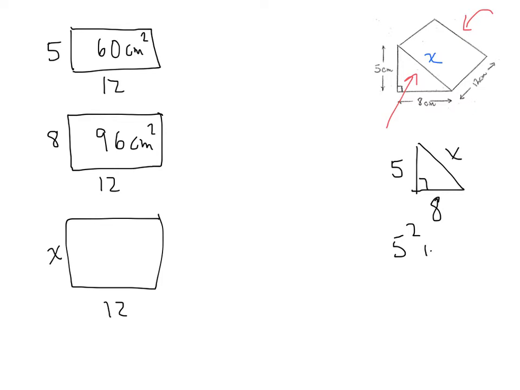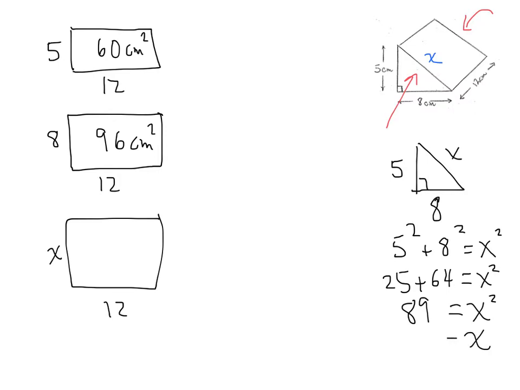So 5 squared plus 8 squared equals X squared. 5 squared is 25, 8 squared is 64, and that's going to be equal to X squared. 25 and 64 is 89, and so X is going to be the square root of 89, which is a number between 9 and 10, obviously. So let's calculate that. Square root of 89 is approximately